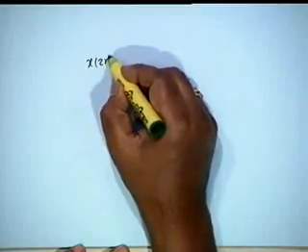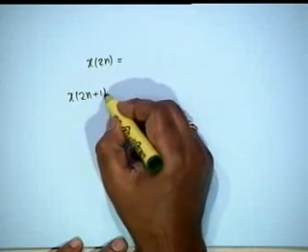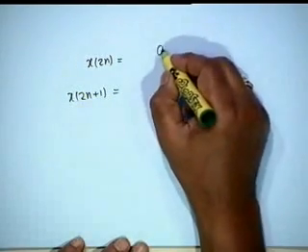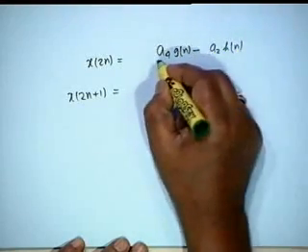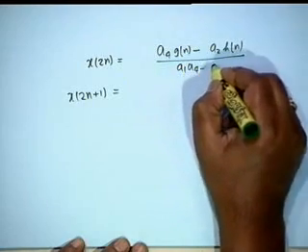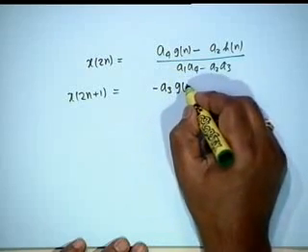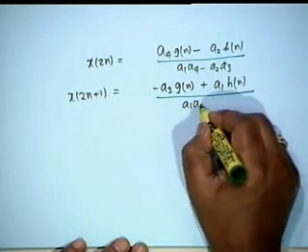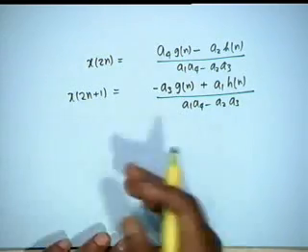The solutions for x2n and x2n plus 1 from these two derived sequences, if I solve the two linear equations, become (a4 gn minus a2 hn) divided by (a1 a4 minus a2 a3), and (minus a3 gn plus a1 hn) divided by (a1 a4 minus a2 a3). I have derived the two sequences in terms of g and h. I have inverted these relationships.